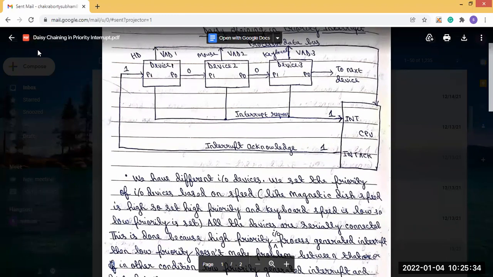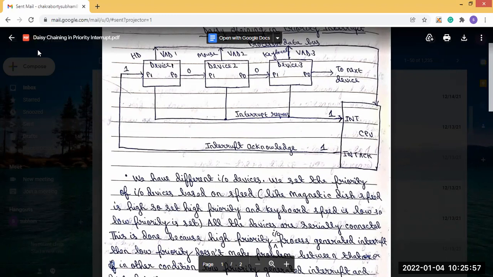The difference is that in the serial type of interrupt, the input output devices are connected in the serial way. Whereas in the parallel priority interrupt, our devices will be connected parallelly.